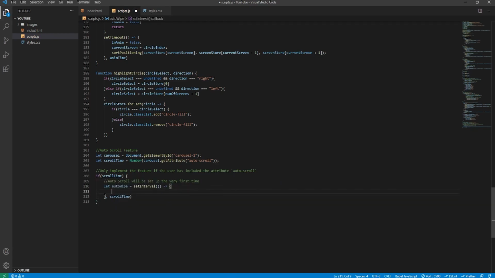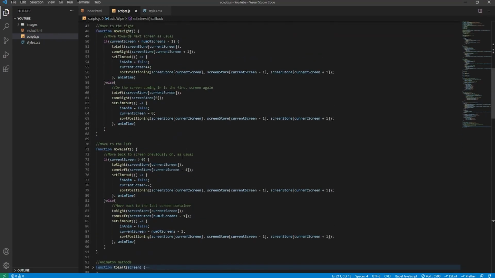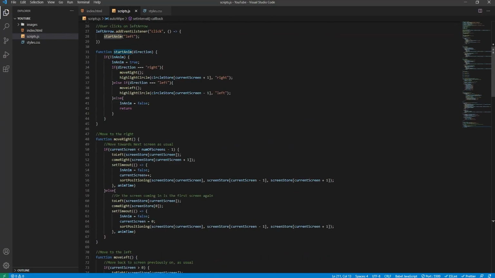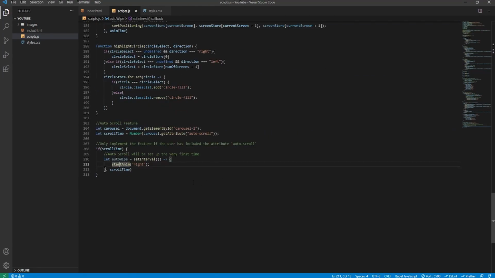So in this instance, that'll be every 7 seconds, and we'll say start anim to the right. So that will simply, remember this function above, it'll be this function all the way up here, so it will just move towards the right. It will do all the logic for that, move towards the right by one image,